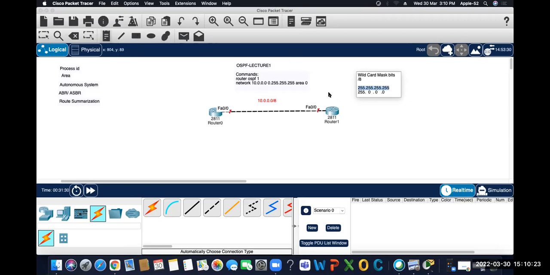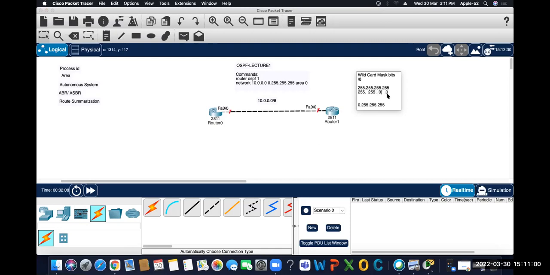Fine. When you subtract it, what will you get? 0.255.255.255. Because it comes out to be like this. So sometimes the students themselves get a perception that it is just the opposite of the subnet mask, but this is not the opposite of subnet mask. Let's say if the subnet mask is /16 or /19,